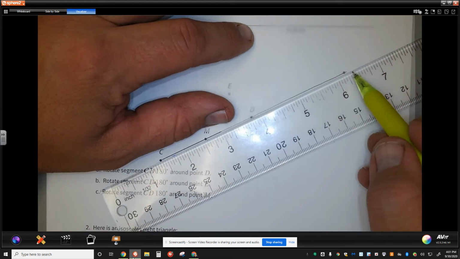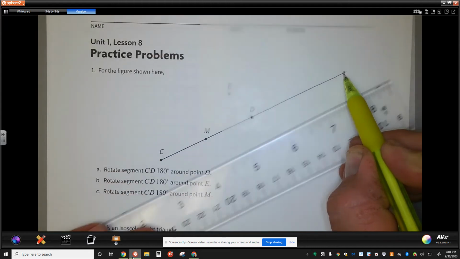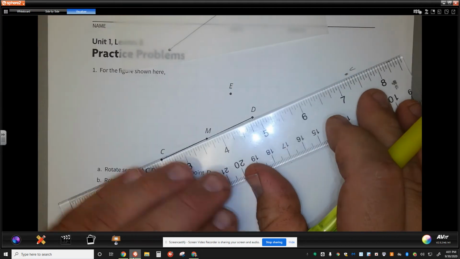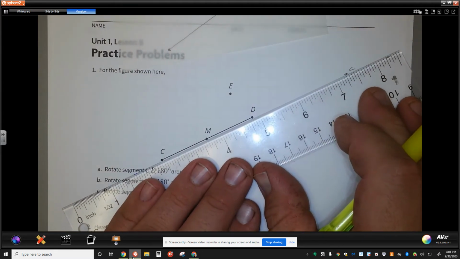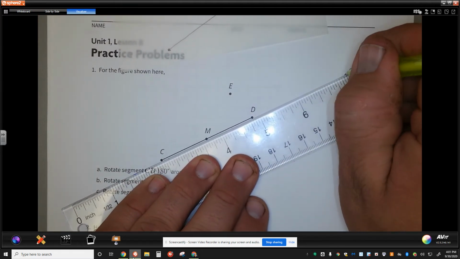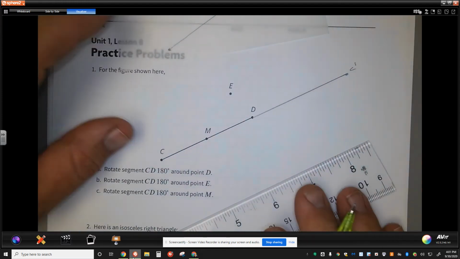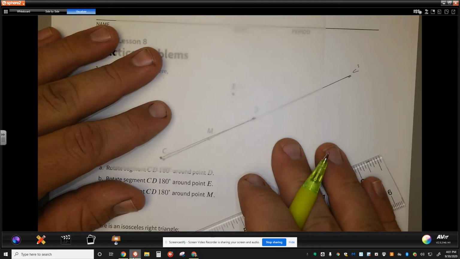So I'm going to go ahead and hover over my point right here. This point becomes point C prime. I'm going to use my straight edge right here to make sure that I kept that right where it's supposed to be. Looks like I moved just a little bit, but I'll go ahead and mark that there, and this is C prime. We're going to go ahead and do the same thing again, but this time we're going to